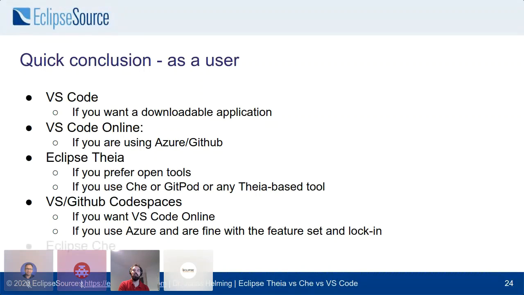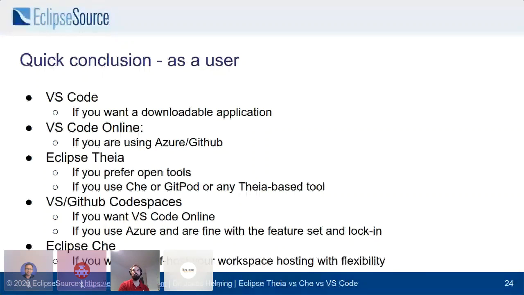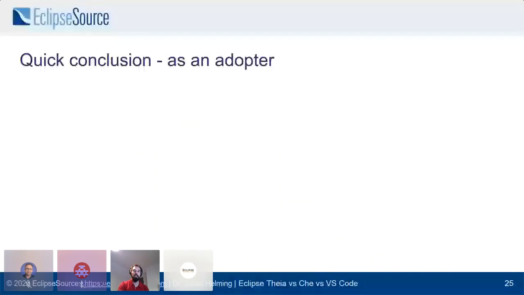And Eclipse G, finally, if you want to self-host your workspace hosting with flexibility. So you want to have everything under control, install on-premise, and potentially adapt the feature set, then Eclipse G is a good alternative. As an adopter,